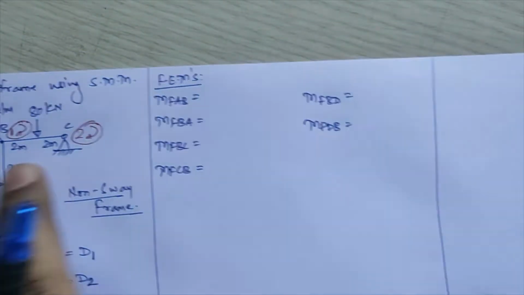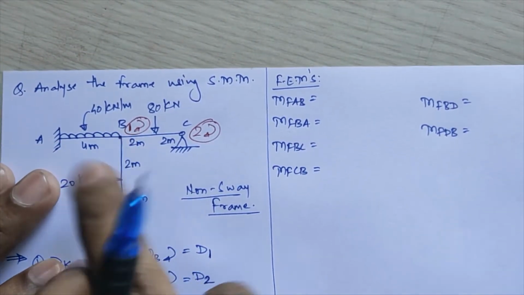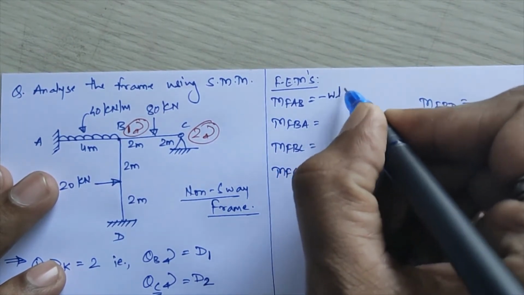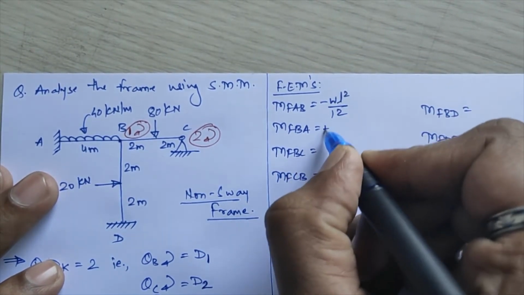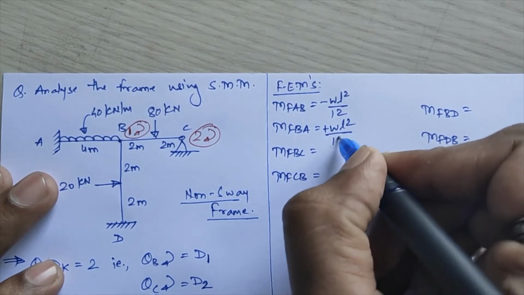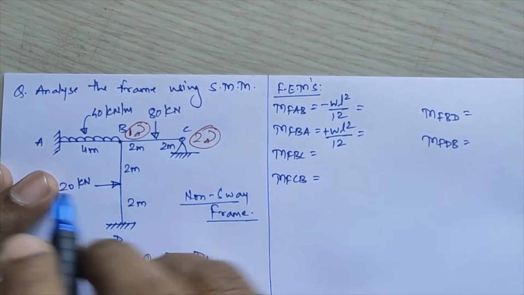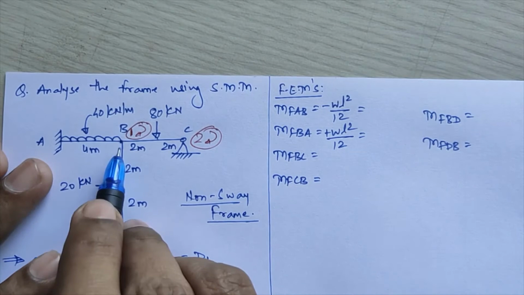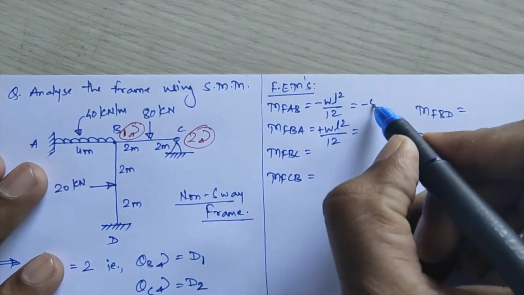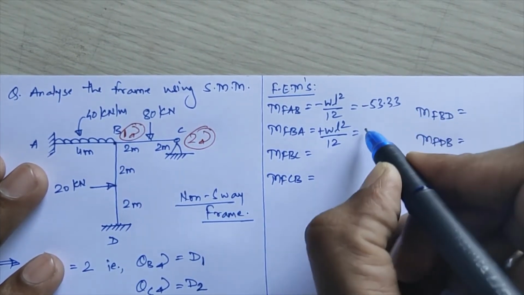So for the first, UDL is provided to you. So fixed end moment will be your minus WL square by 12 for AB and plus WL square by 12 for BA over there. So if you substitute the values, that is 40 into 4 square divided by 12, I am getting this as minus 53.33 and this as plus